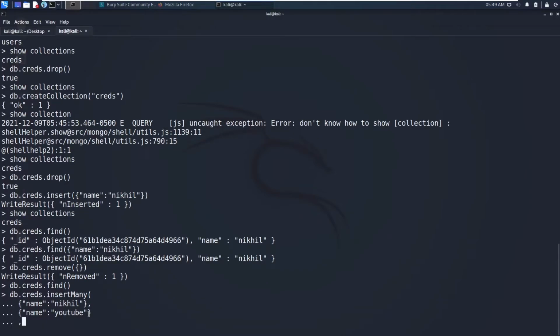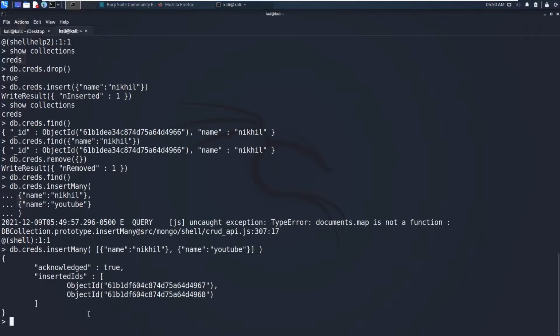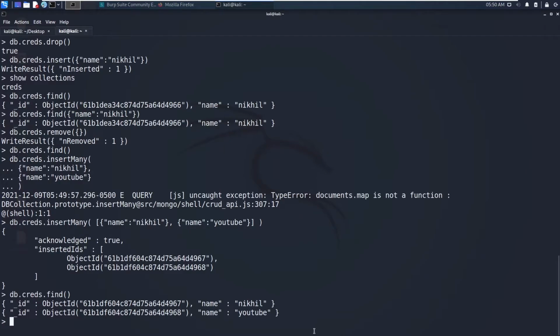Sorry, I did not put the comma. Actually let's say two elements, and we got an error. I missed this array. Oh, sorry for this. We need to send the array of elements. So let's say db.creds.find, and here you can see these are the two records.